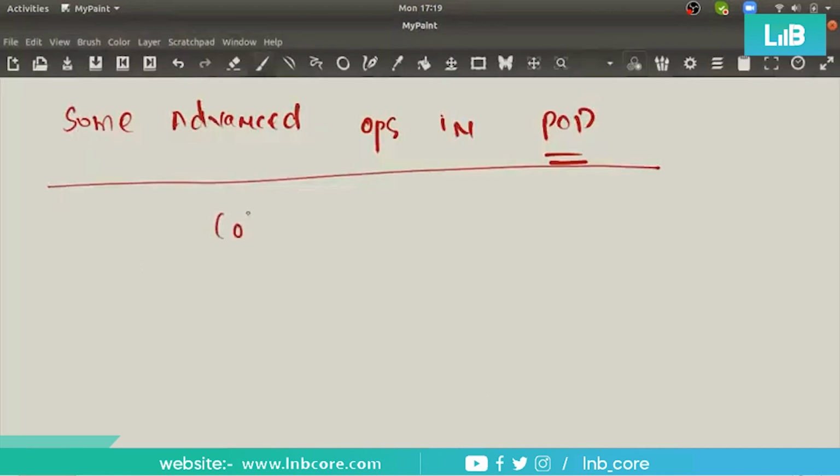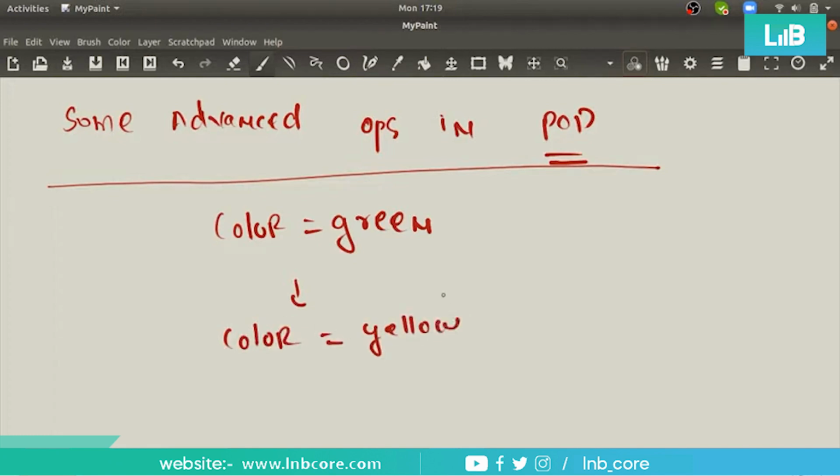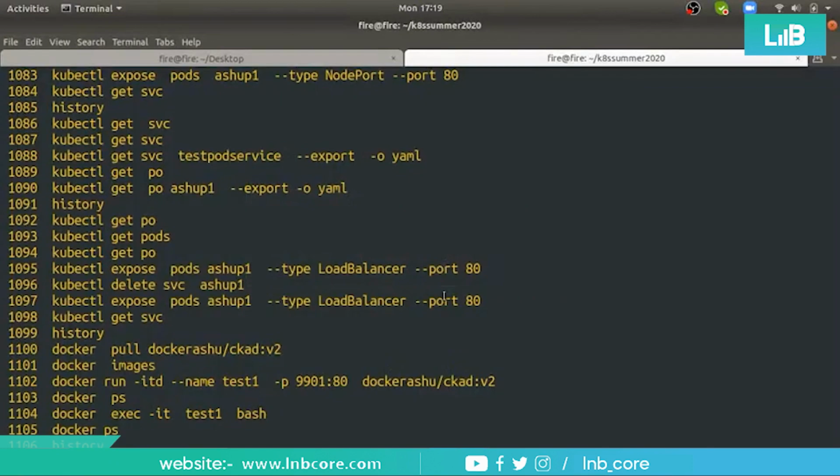As of now, by default, it's taking color equals green because we designed the Docker file that way. Now in the new container, I want color equals yellow. So what should we write in the Docker command line? Yes, Rhythm is saying perfectly clear: pass the environment variable during the container launch time.